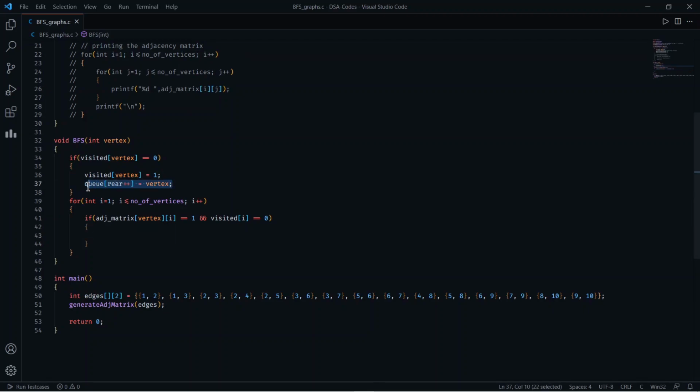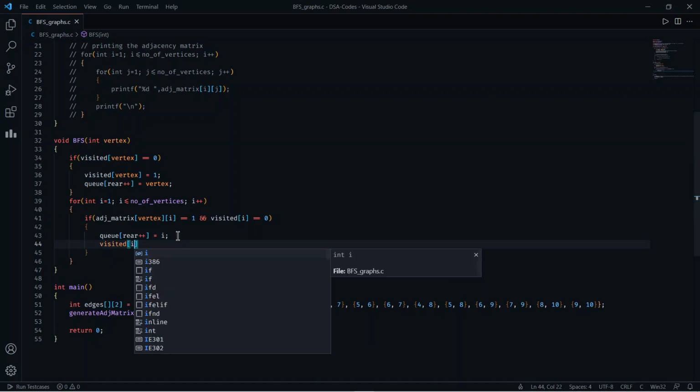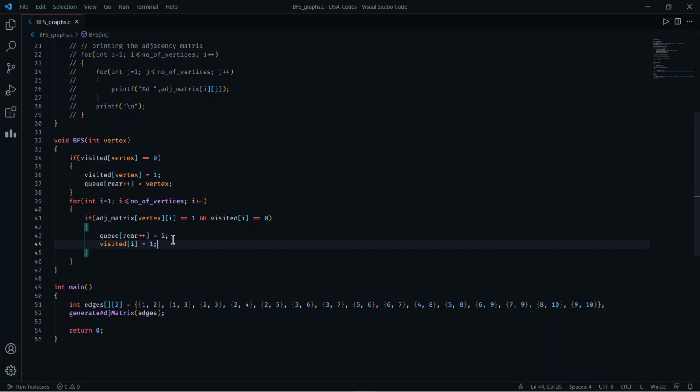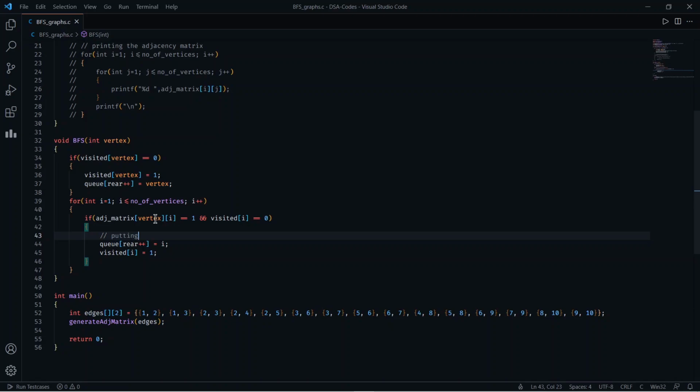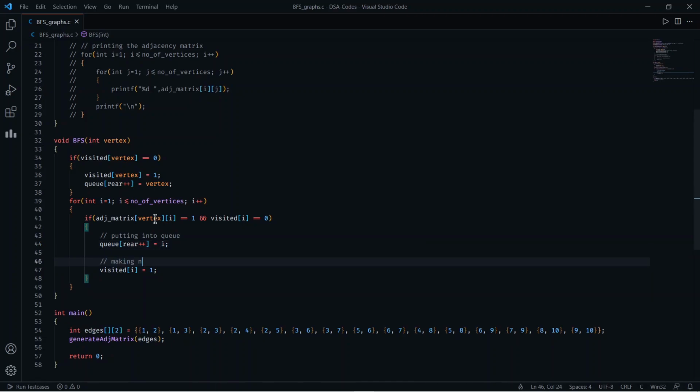So let me copy this same thing, and here instead of vertex it should be I, because I'm placing this I node into the queue, and then just make it as visited.